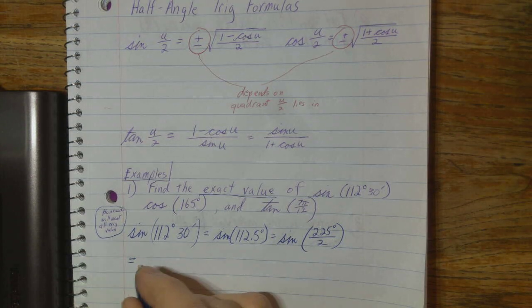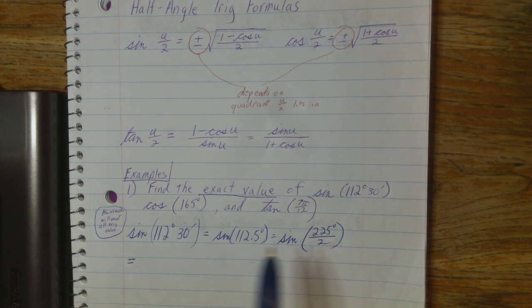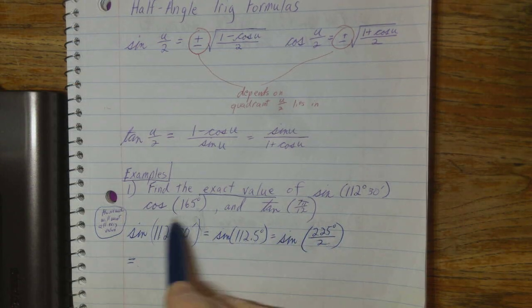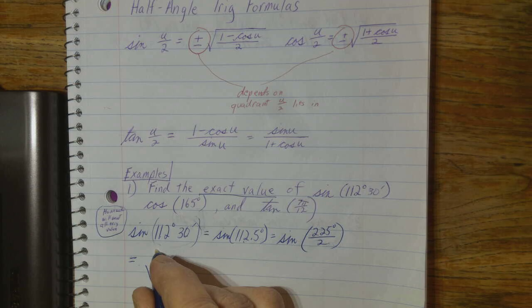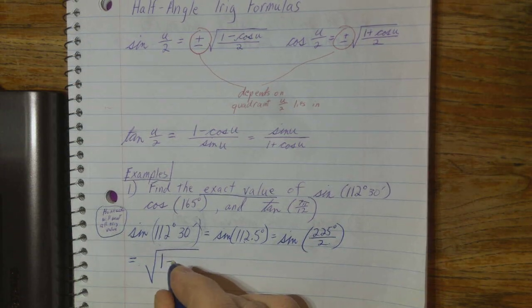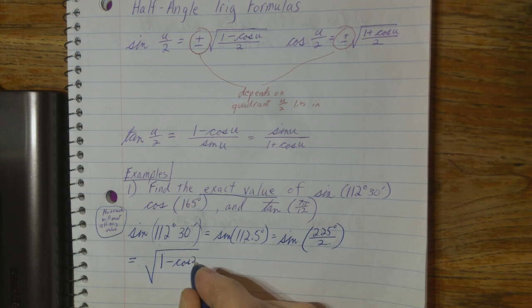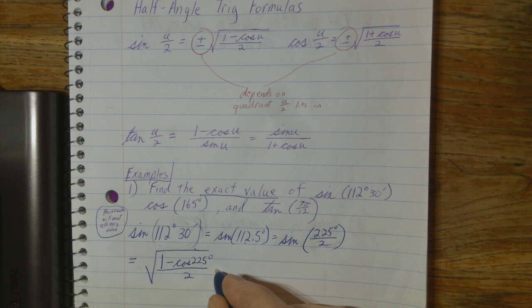The sine of 225 degrees over 2, and actually 112.5 degrees is in the second quadrant, so this is going to be positive for sine. So I'm going to take the square root of 1 minus the cosine of 225 degrees, over 2,